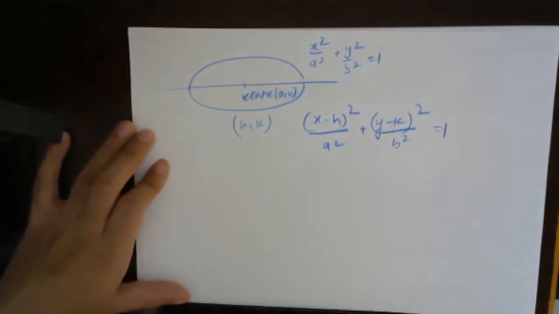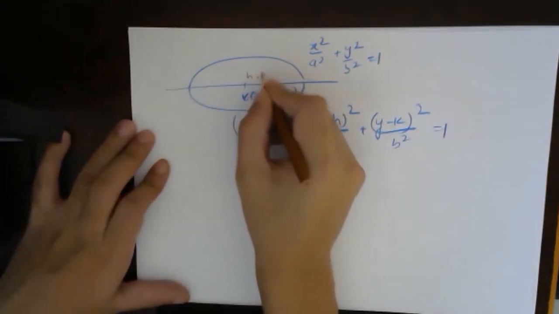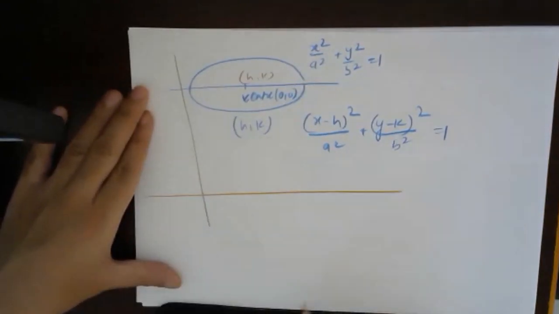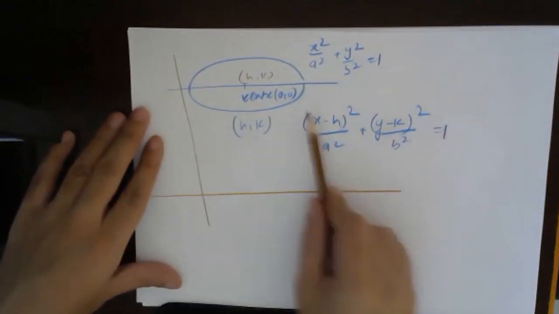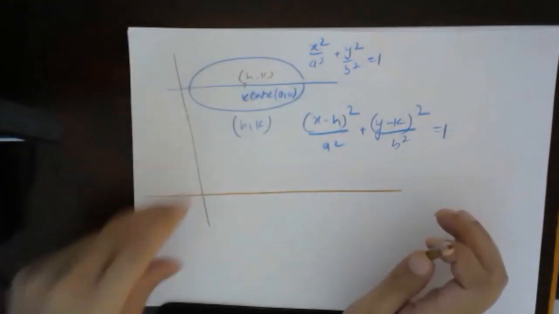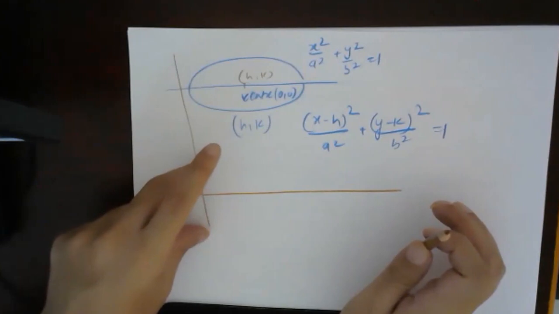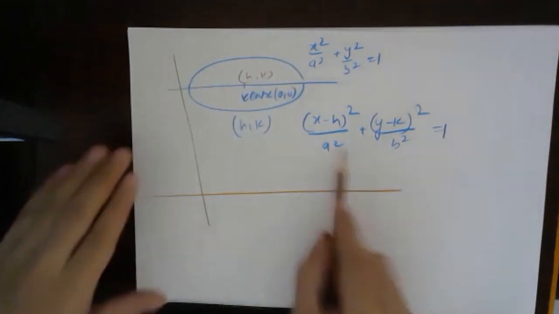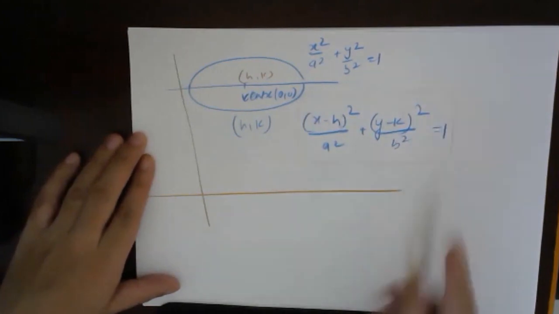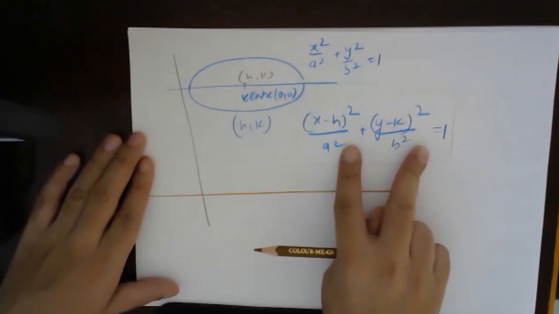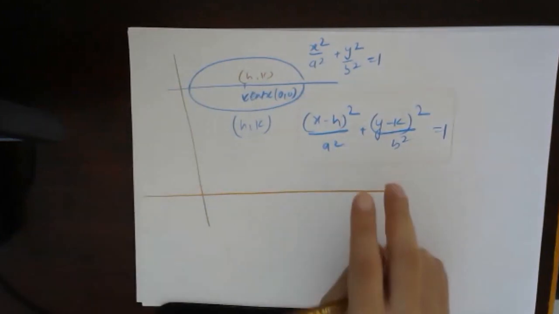So suppose now this is h, k, and this is the y-axis and this is the x-axis, right? The ellipse will be exactly similar. It is just shifted from its original position to the new position. Okay. So this will be the original. This will be the new equation of the ellipse. Okay. So using this concept, we'll find out.